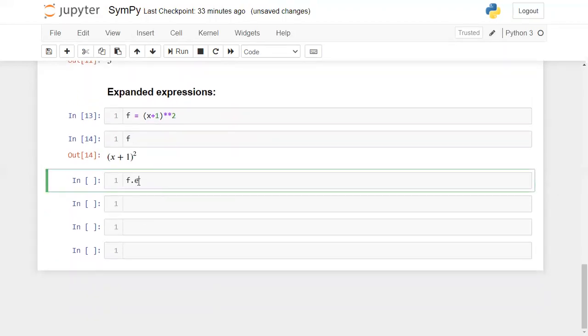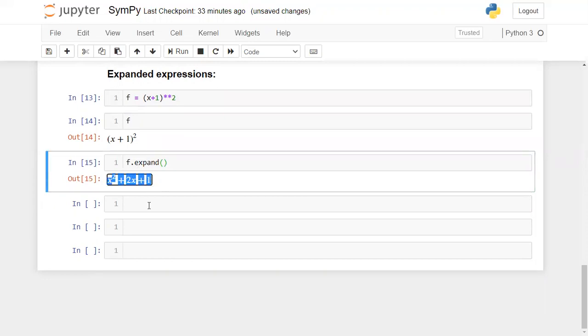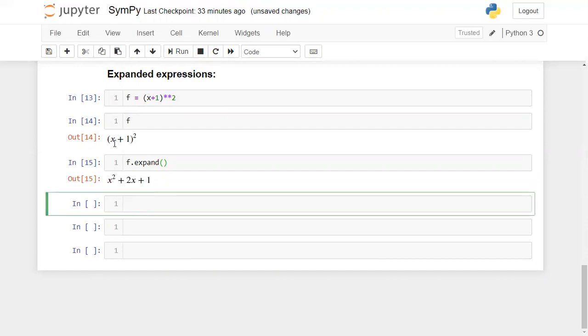I'm writing f dot expand here. When you run this, you'll get the expanded expression. So in this way, you can expand any expression. If you use the expression variable name directly, it gives you the symbolic representation. When you want to expand that expression further, you can use this expand function.